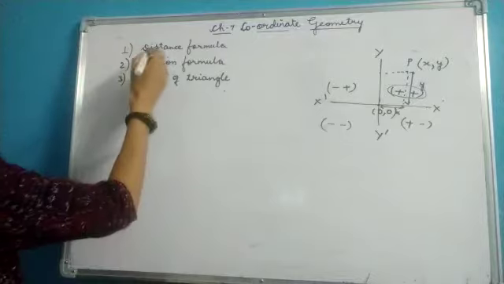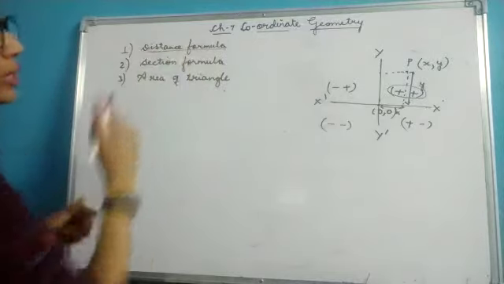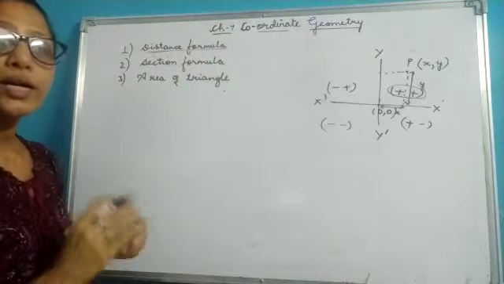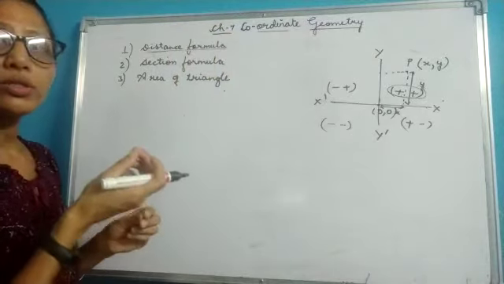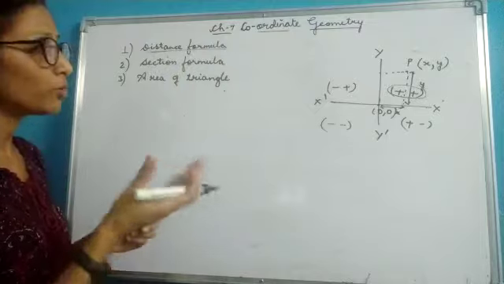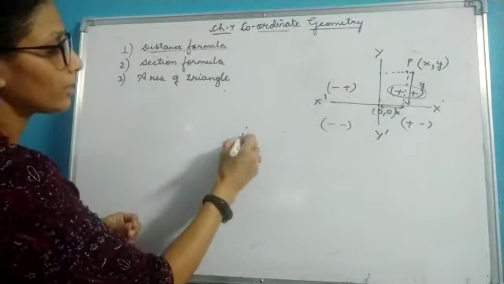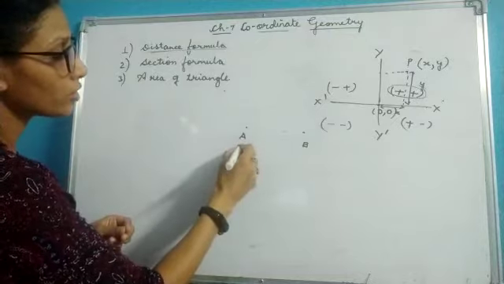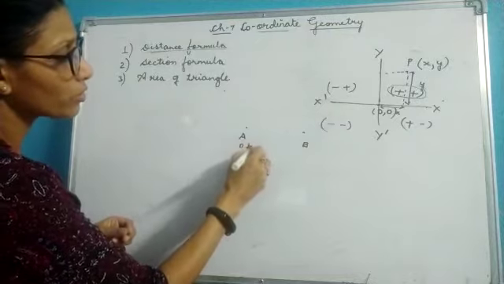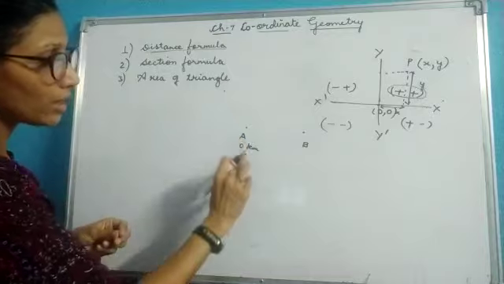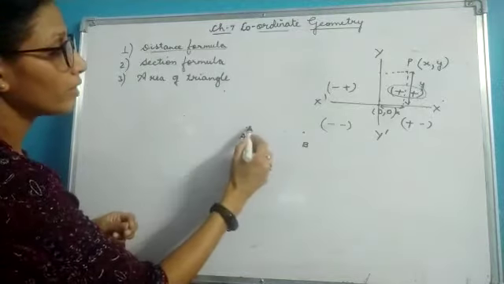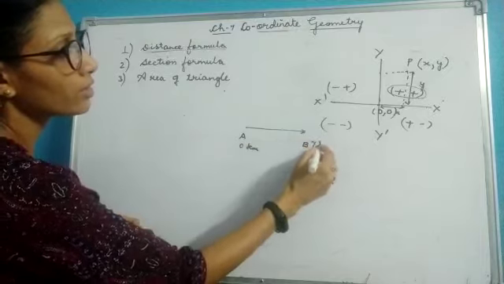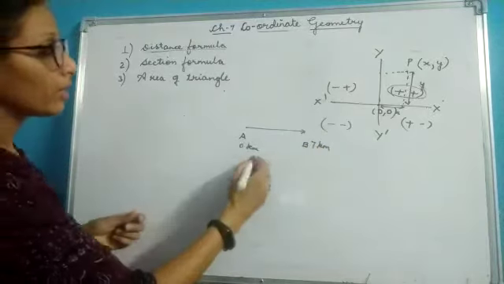So we will be reading this formula in coordinate geometry. Now let's start with our distance formula. So first of all, before telling you the distance formula, I would like to introduce a very simple concept which you all know. Say these are the 2 points and say this is your 0 kilometers, or I can say this is your starting or initial point, and if a boy moves from here to here, say this is 7 kilometers apart,